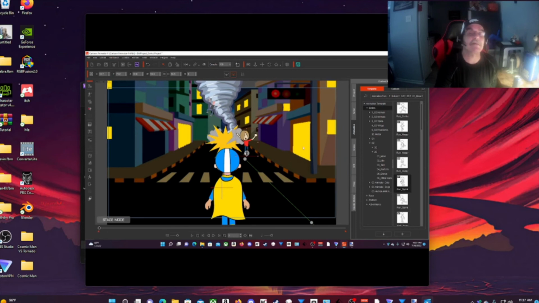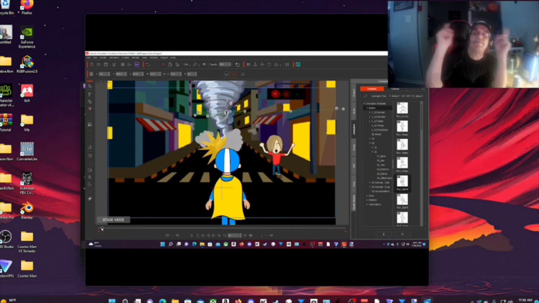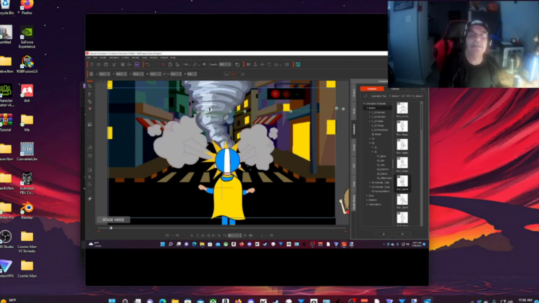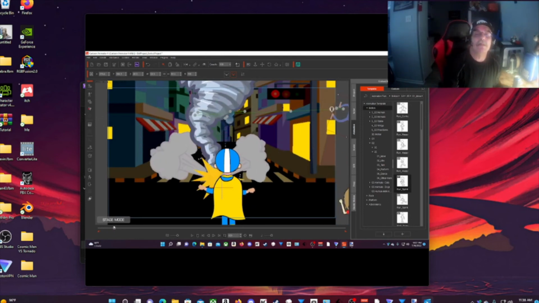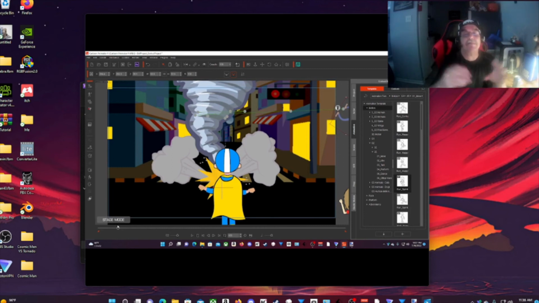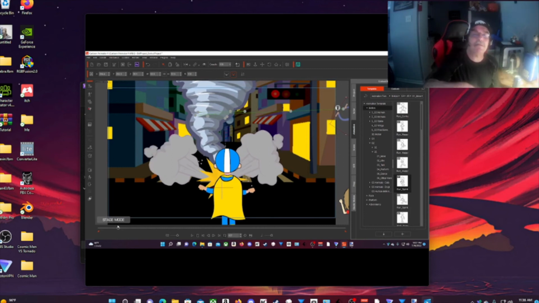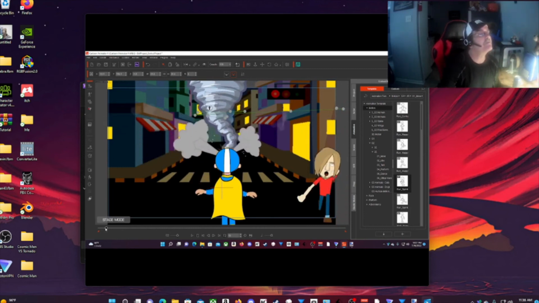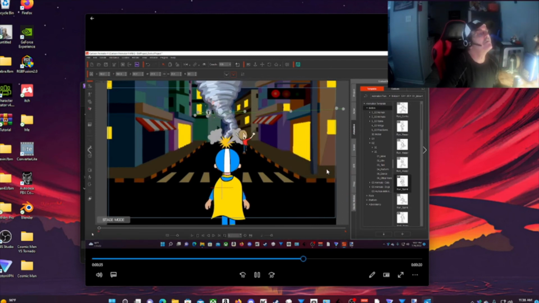Now, if you look at the tornado, you actually see a character, and he is a G3 character. He's flying around the tornado. The tornado swooped him up, and it's carrying him away. And you can see that the angry steam effects work well with the tornado tearing up the ground. And that's pretty much it on that scene.